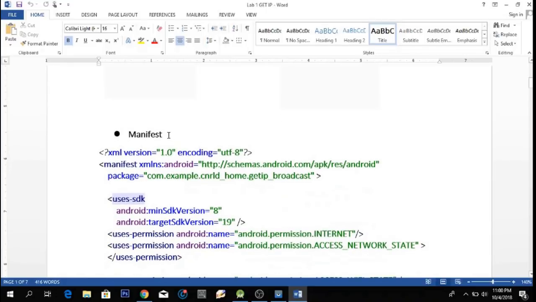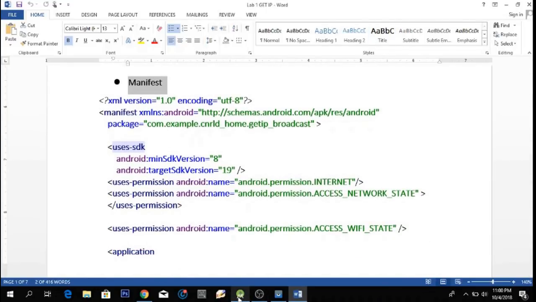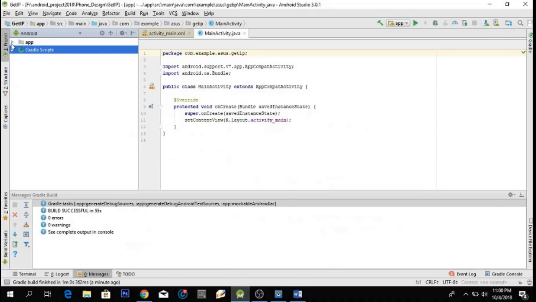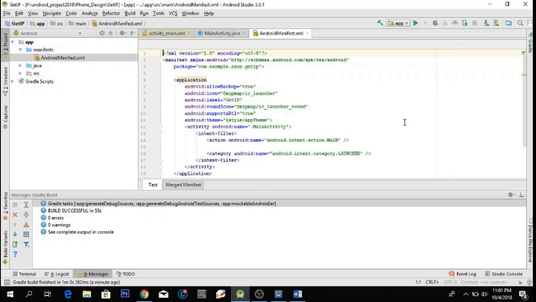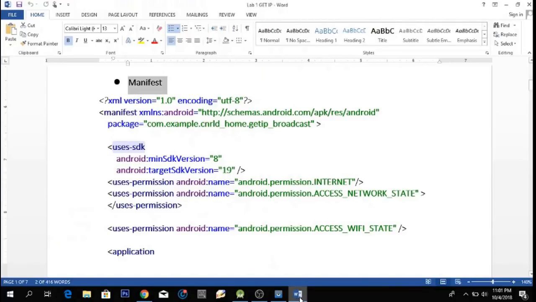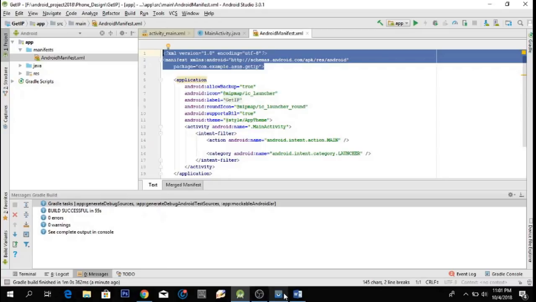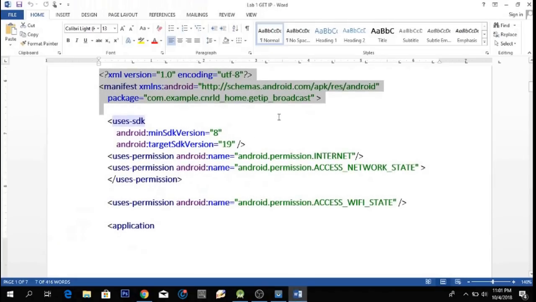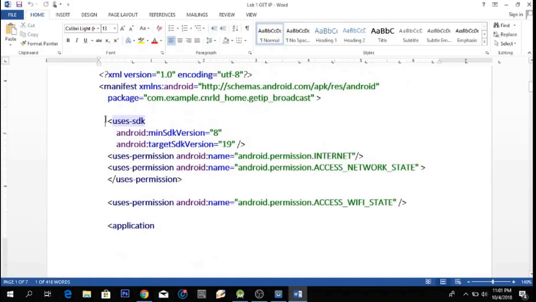So let's start first with the manifest. This is the manifest code. On Android Studio, we can look for the manifest under the app folder. Then we have manifest, and then just click that Android manifest. As we observe, the first thing that we need to do here is to look at our code and see which lines are set by default and which are not. We have the application line here. I think this line doesn't have that by default, so you just have to copy that